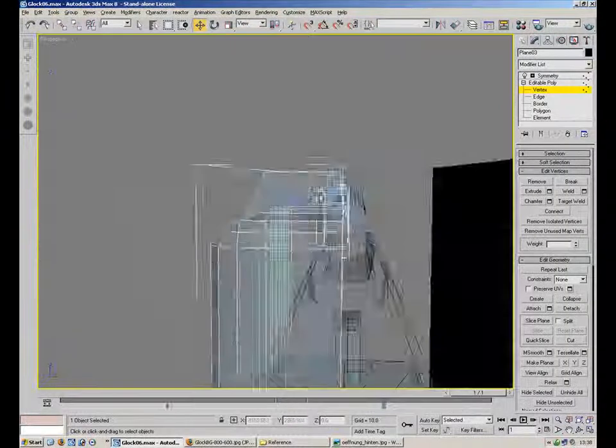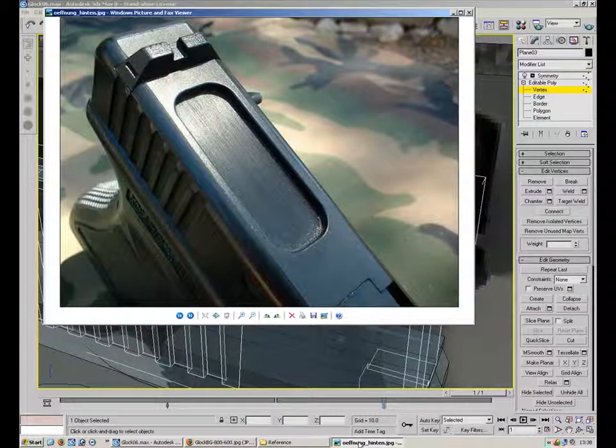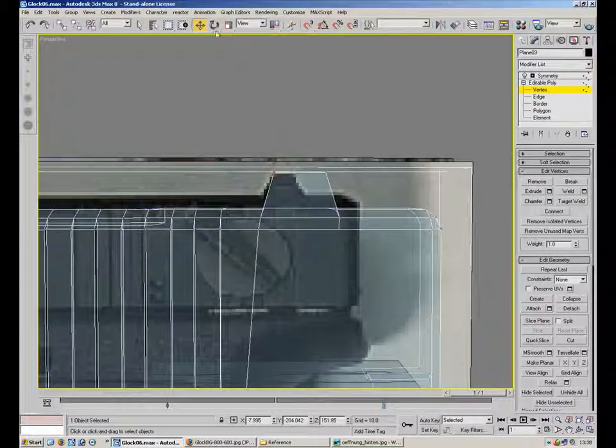So just start off with a box really, and then from there we're going to go in, create a slight little groove. To me it looks as though this is flat at the front, and a slight